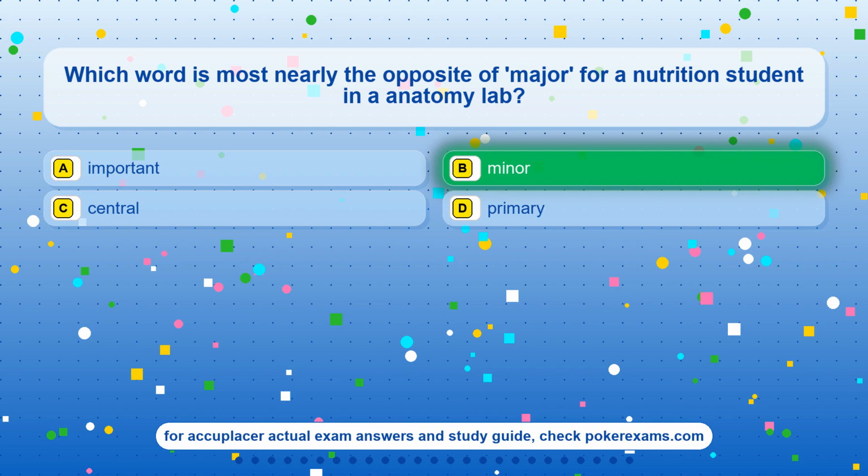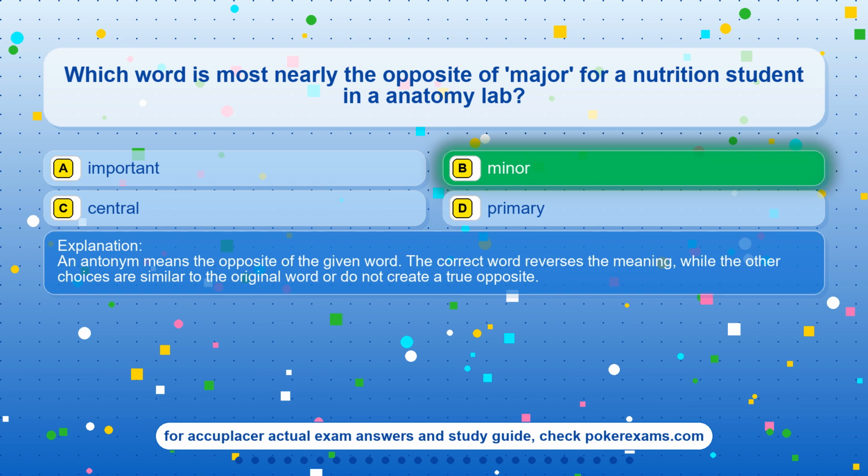The correct answer is option B. Minor. An antonym means the opposite of the given word. The correct word reverses the meaning, while the other choices are similar to the original word or do not create